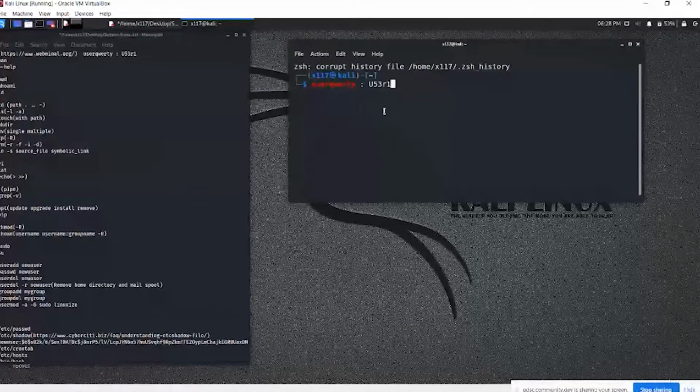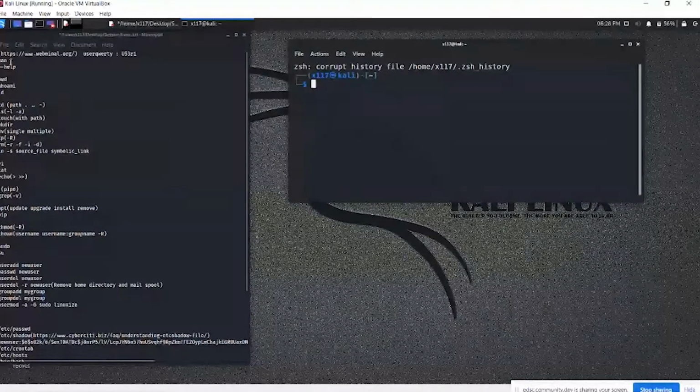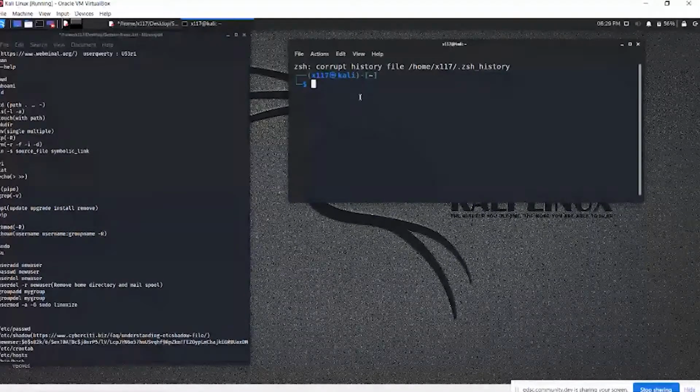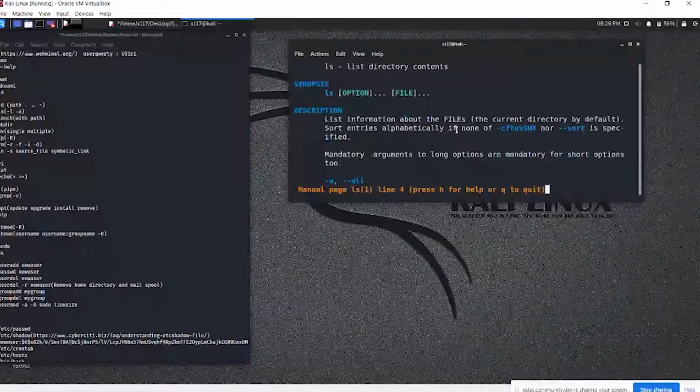So first of all, let's just discuss the few basic commands that we have on Linux. First of all, man and help. Now, if you use man with any command, man is basically manual. Man basically leads you to the manual page of any command out there. For example, if you do man ls, ls is a command which is used to list all the files and directories inside a system. You do man ls, that will basically lead you to the page